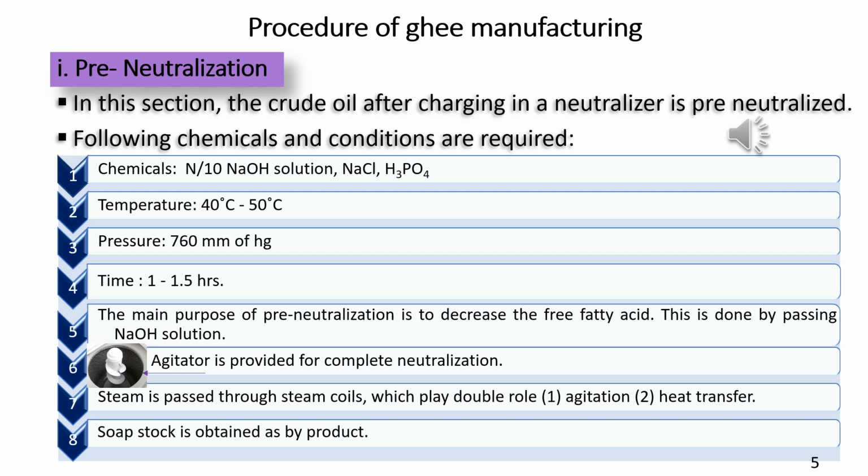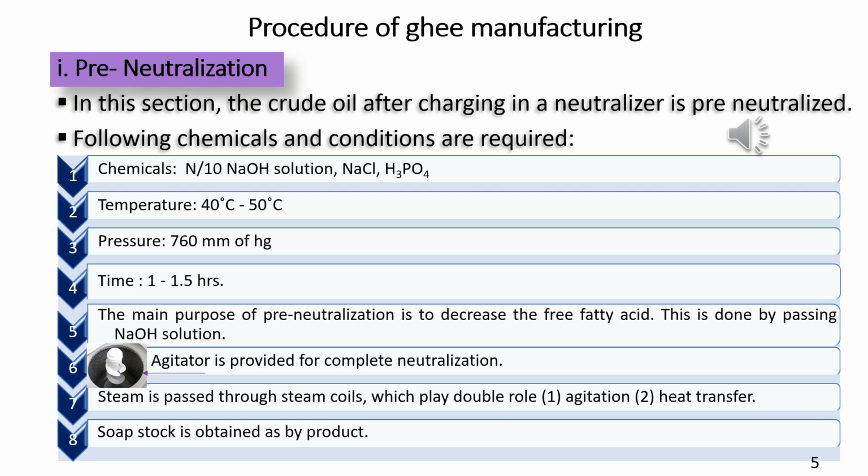In the next step, we will provide the agitator for complete neutralization. So which is agitator? You can look at the picture of agitator on the left side of the slide. It's a device or machine which turns the oil into motion and provides the constant stirring and shaking of the oil. There are different types of machines available in our market. It depends upon for which purposes we are using the agitator.